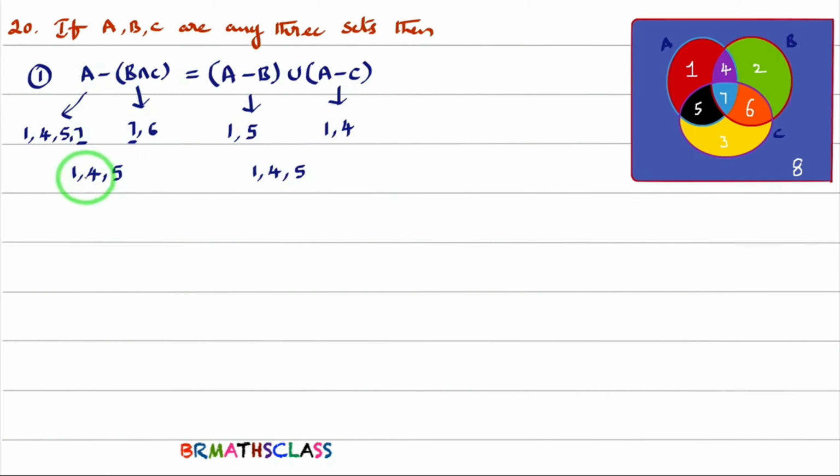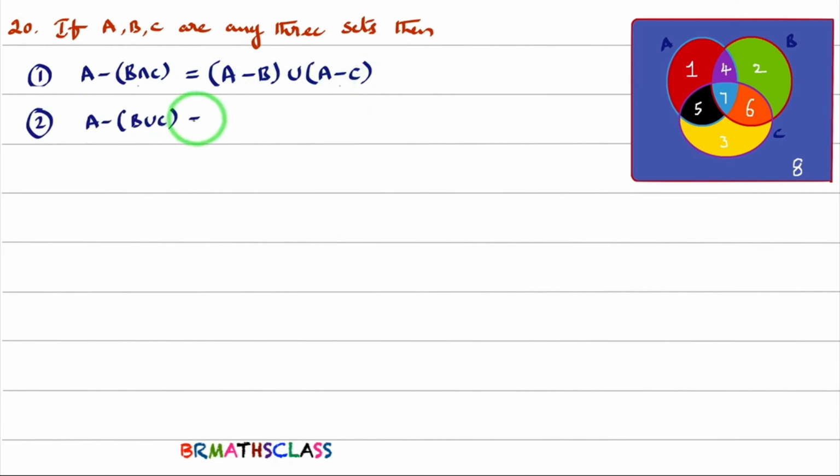This zone is 1, 4, 5 in this diagram. And this zone is also 1, 4, 5. So from this we can easily understand that A minus (B intersection C) is the same as (A minus B) union (A minus C). You observe the second result, A minus (B union C). Here intersection is there, here union is there. A minus (B union C) is (A minus B) intersection